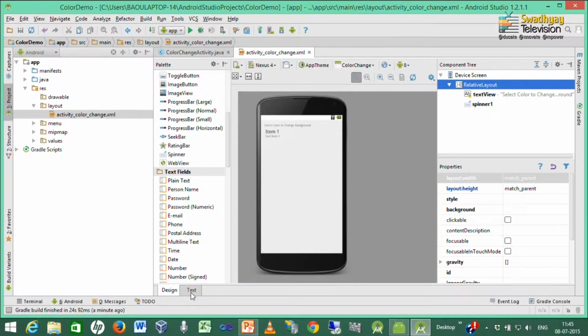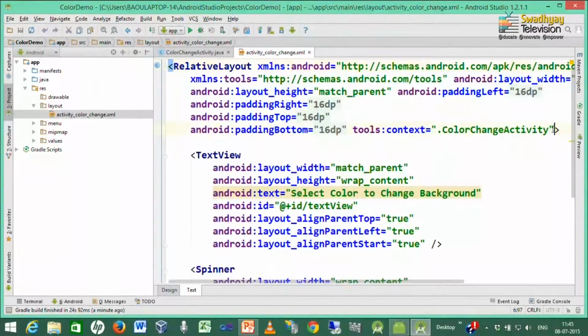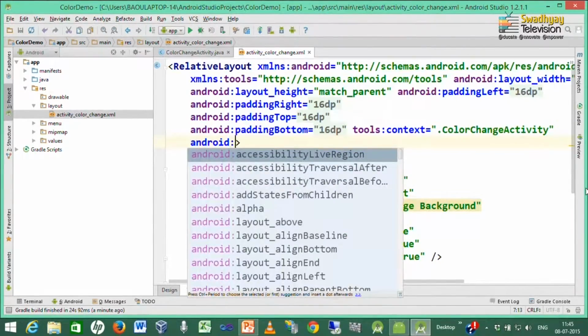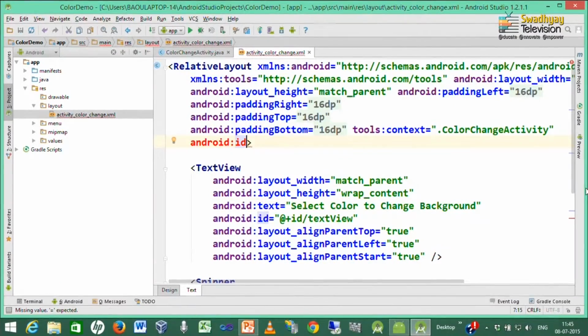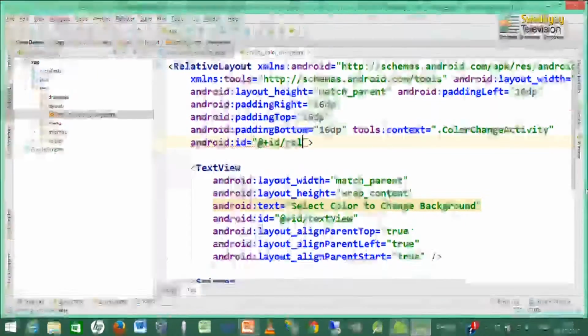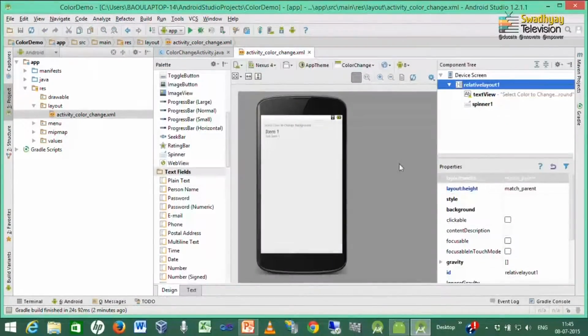So, we go to text mode and set its ID by writing android:id equal to @+id/relativeLayout1. So, we have changed our relative layout ID to relativeLayout1, which you can see inside the component tree.